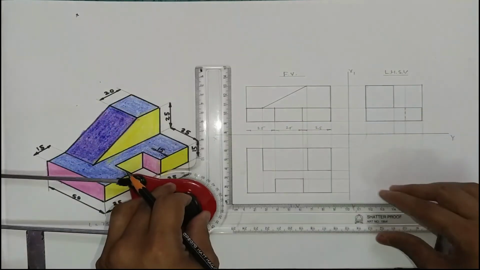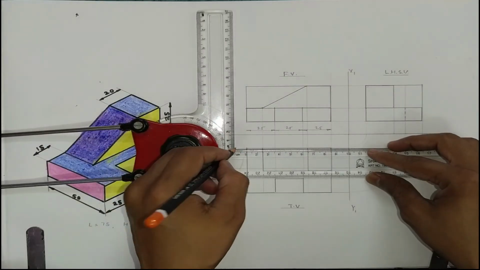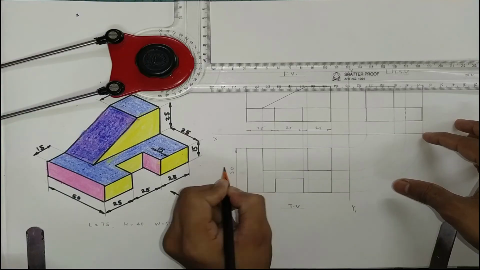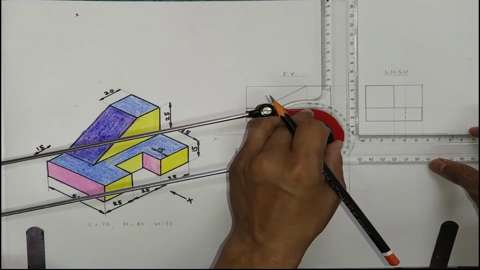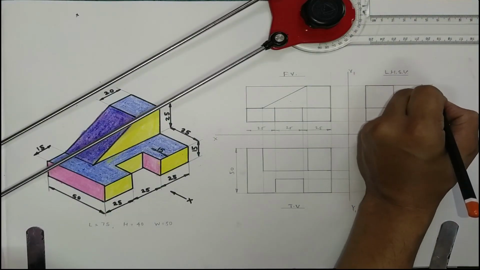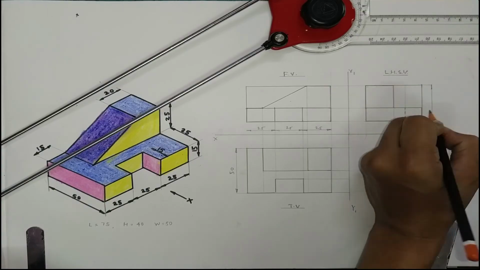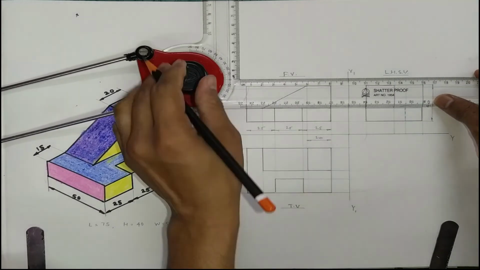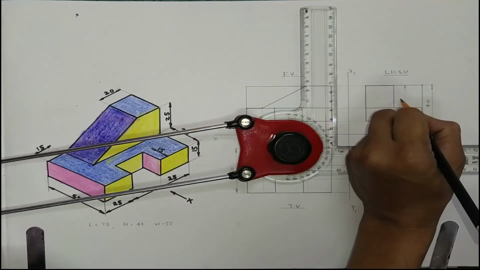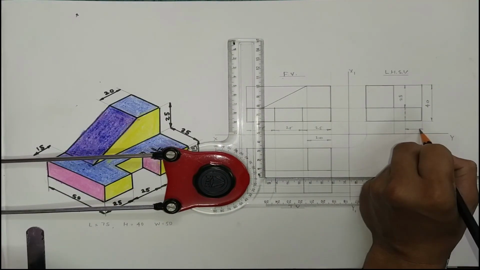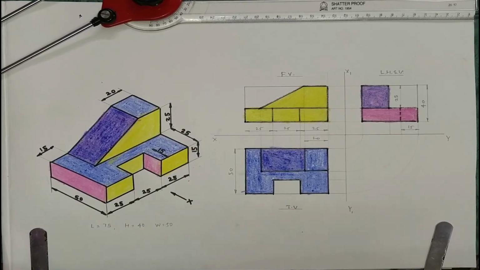This is the length, width and height. Height is 40 mm. Now these represent the front view, top view and left hand side view of an object.